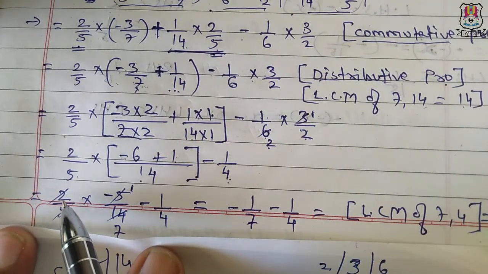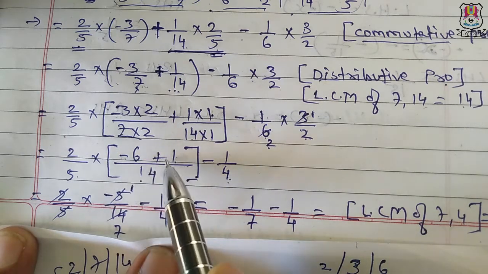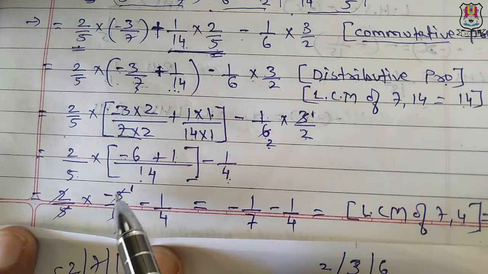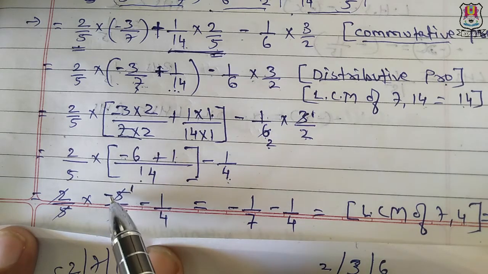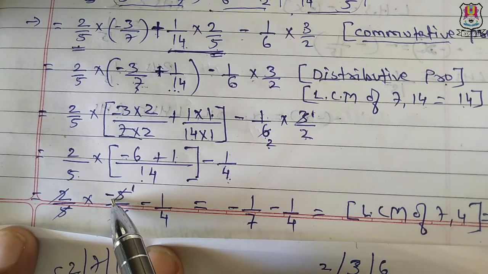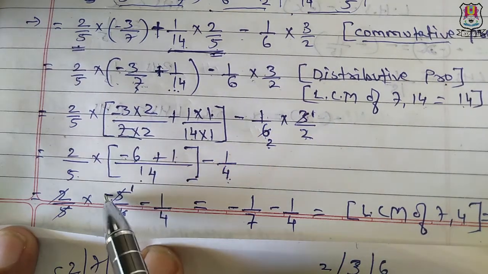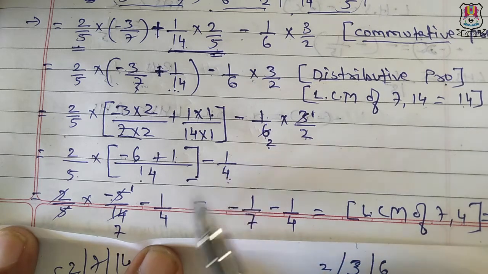And then the last step, 2 upon 5. Now we are opening this bracket. So when we are opening this bracket, we have to solve this plus minus. So minus plus minus, the bigger number is negative, so the answer is going to come in negative. So 6 minus 1 is 5, and the negative sign is applied to the answer. Why? Because 6 is the bigger number of these 2. So minus 5 upon 14, and this is minus 1 upon 4, which is carried forward over here, minus 1